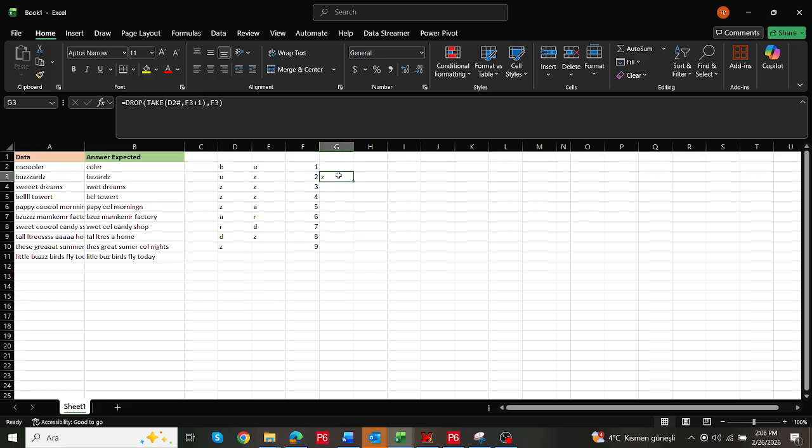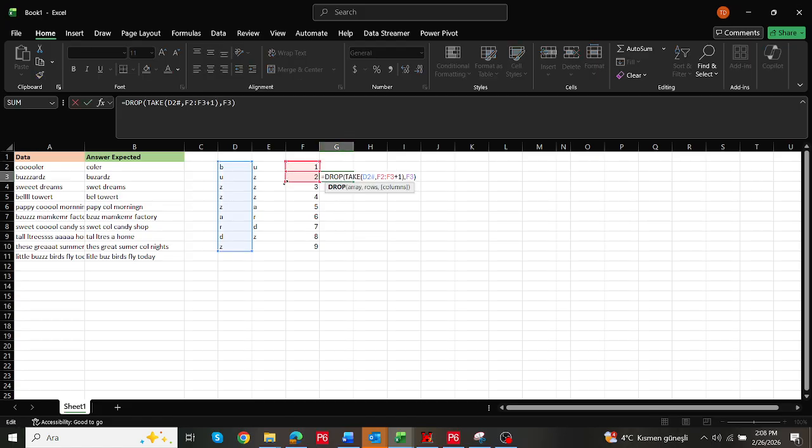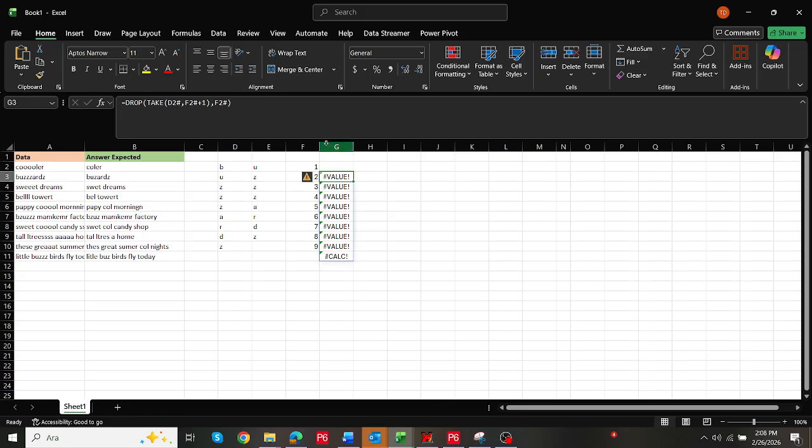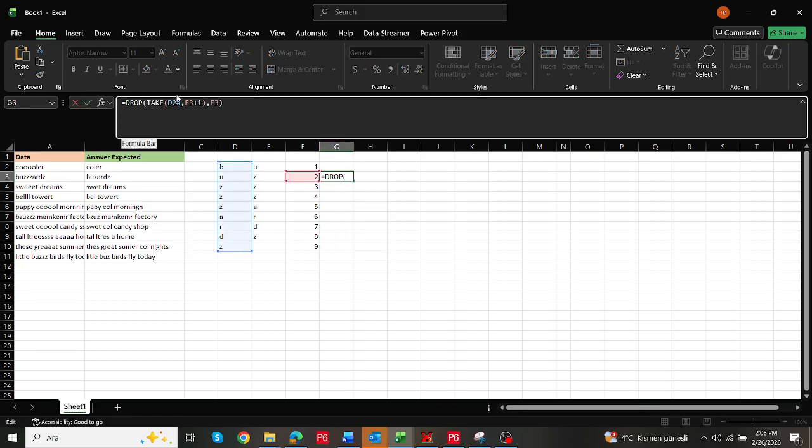MAP. If I extend the F column, in that way I cannot get what I want, so I have to use the MAP formula. Microsoft 365 brought about this innovation, so we are doing data analysis easily in that way, and thanks to LAMBDA I'm defining